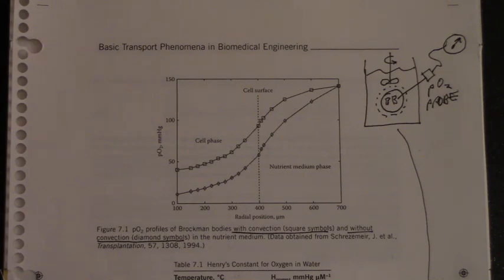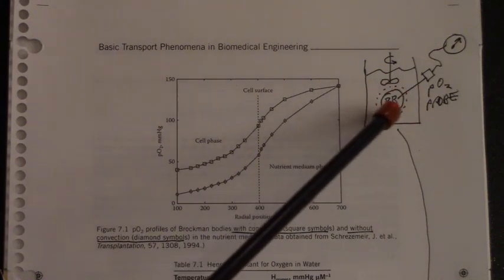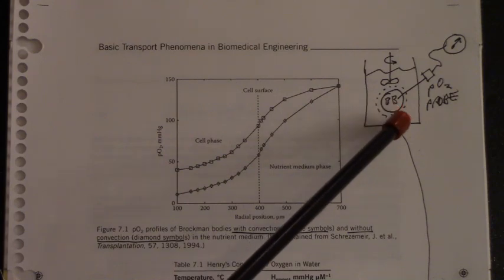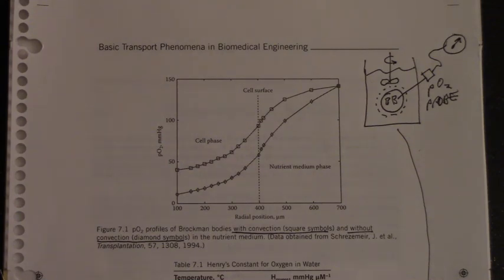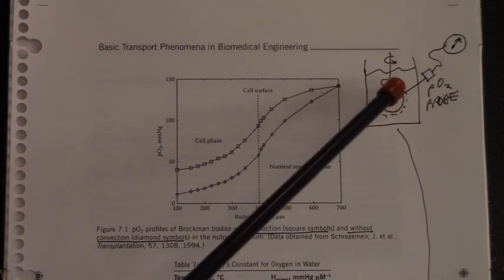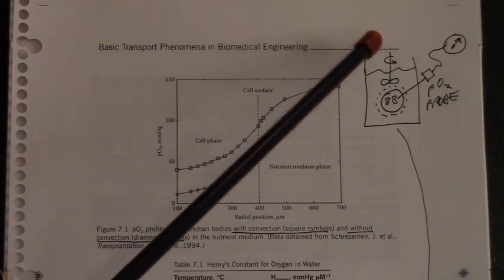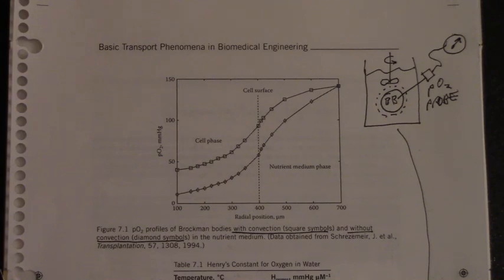So what these guys did is they did some really clever experiments. They basically isolated a Brockman body, which is about 800 microns in diameter. So that's what the BB stands for, Brockman body. And the dashed line would just be the boundary layer or the mass transfer film that surrounds the Brockman body. And they held that Brockman body in place in a nutrient media, as shown here. And sometimes they would turn on a little mixer to get some agitation, get some convection around the Brockman bodies, and in other cases the fluid surrounding the Brockman body was